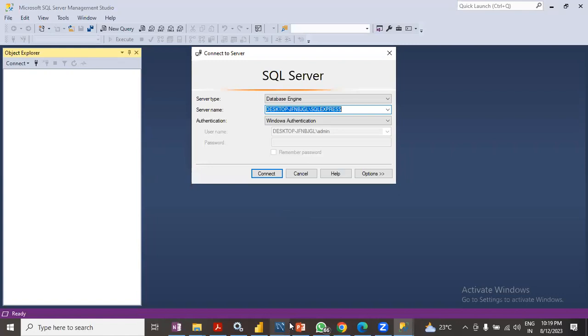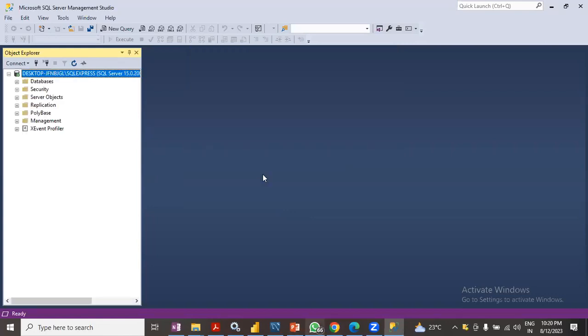Here, you should know the server name and the database that you are looking into. For now, I'll just connect with this. And the important thing is your SQL server should be in running condition. And you see that in my SQL server, I have these databases. And let's say I want to get this particular database, AdventureWorks 2019,